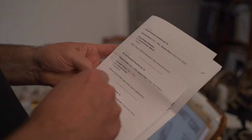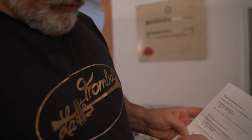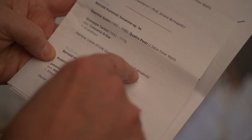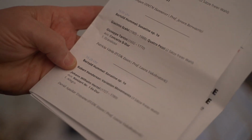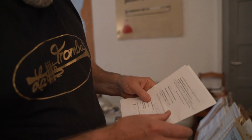Anyway, she and two others from this professor, Laura Vuko Bratkovic, who is actually Serbian, I understand, won first, second, and third prize. The third prize was given to this man here. He's a student of, his name is,